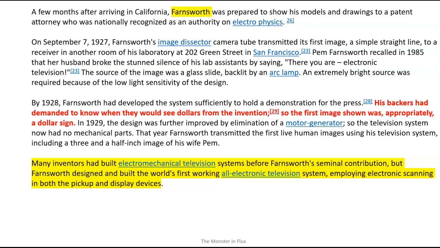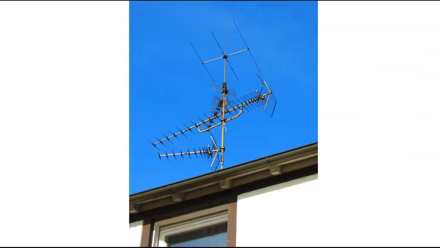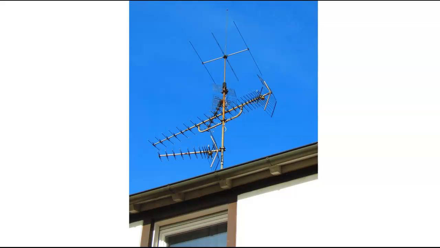The world's first all-electronic television system, employing electronic scanning in both the pickup and display devices. You can see that the disc was a mechanical device, not just an electronic device. Okay. He was called one of the most important people of the century in Time magazine. Dollar sign. And look, these signals were transmitted via radio waves, a different part of the radio spectrum than radio, AM,